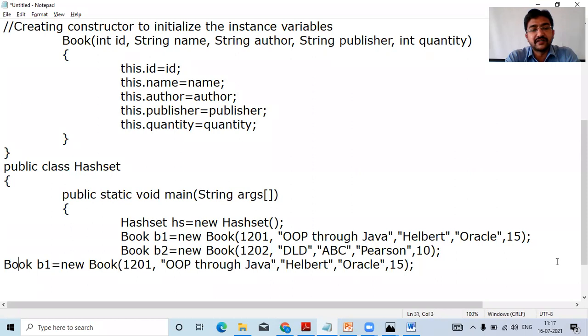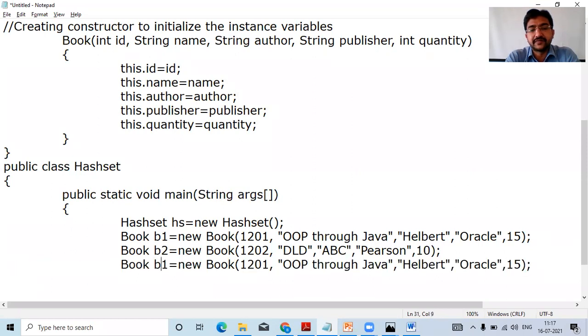Similarly, you are going to call this b3, 1203. You can call it engineering physics. This is a textbook, engineering physics. You can add the author name XYZ, publisher S. Chand, or any, number of copies 5. So these 3 instances are ready.